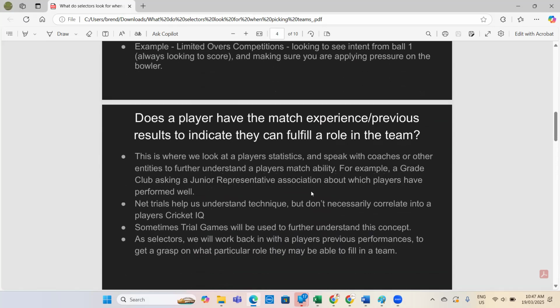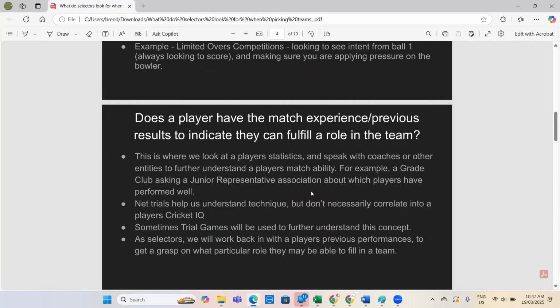The next part is, does the player have the match experience or previous results to indicate that they can fulfill a role in the team? So obviously stats don't tell the full story. A lot of kids play different types of cricket that either allow them or limit them to getting the stats that they want.